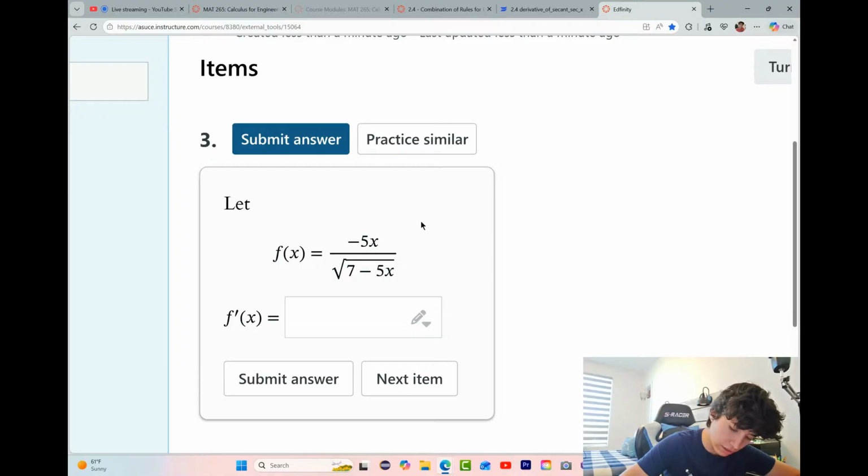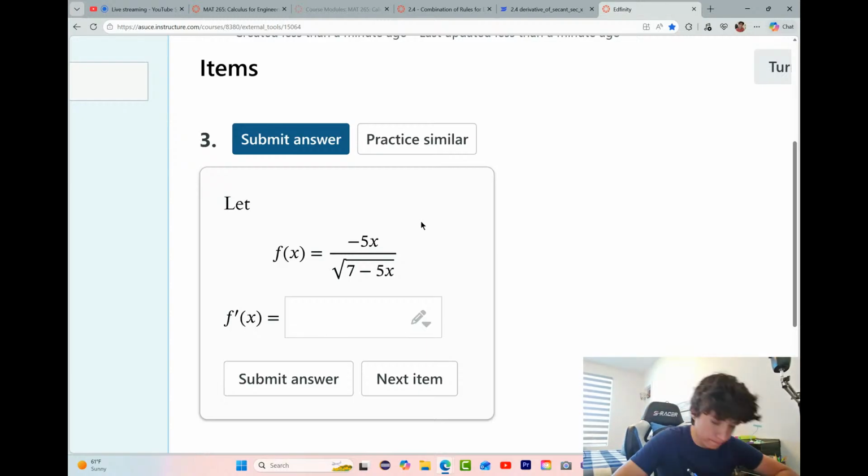So minus negative 5x, that turns into a plus, times g prime of x. So that's going to be negative 5/2 times 7 minus 5x raised to the negative 1/2